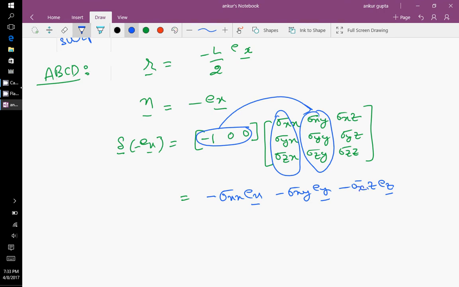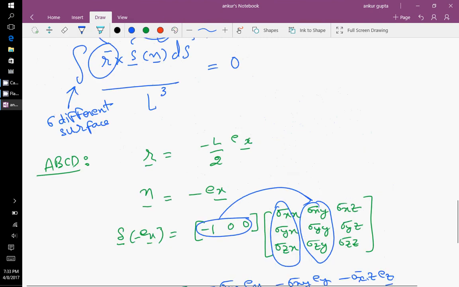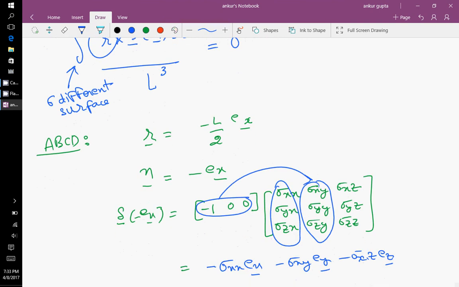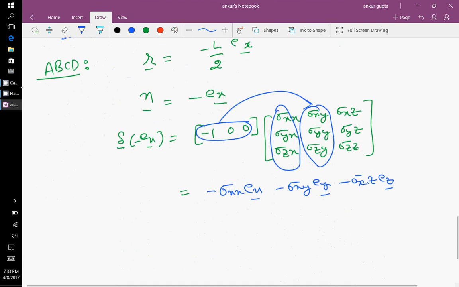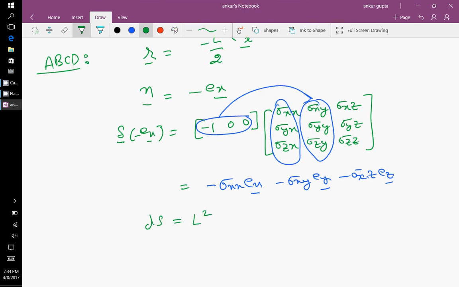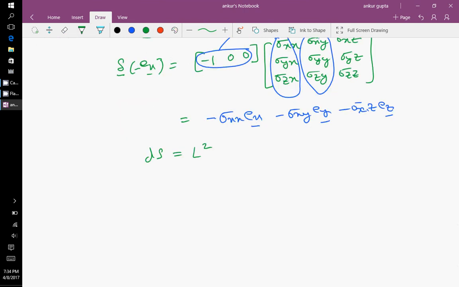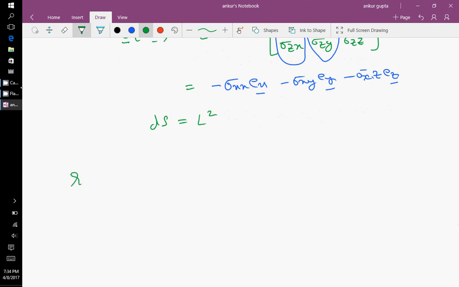Alright, so now we have s, we have r, so we can start to calculate, and ds is nothing but L square. The area would be L square when we integrate. Okay, so the r cross n, sorry, r cross s of n, s of n ds on